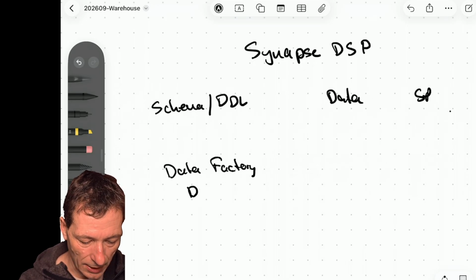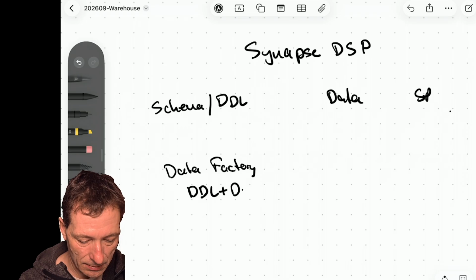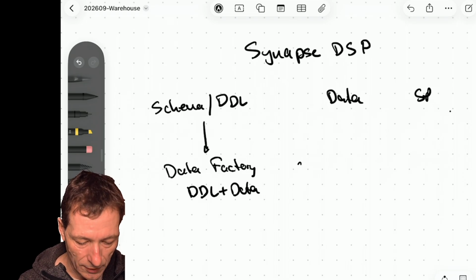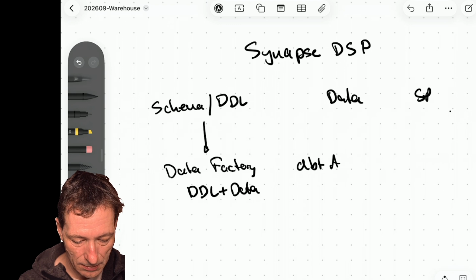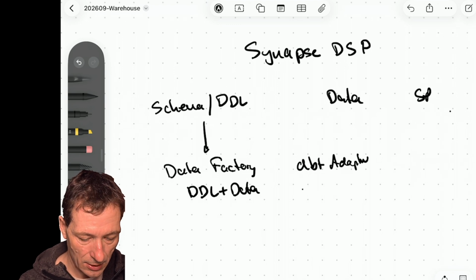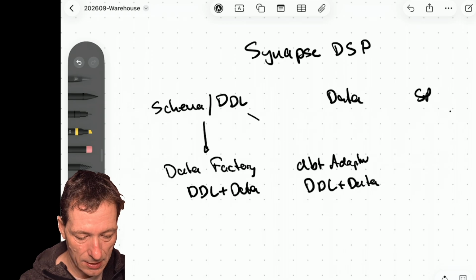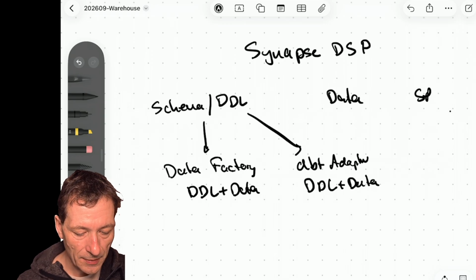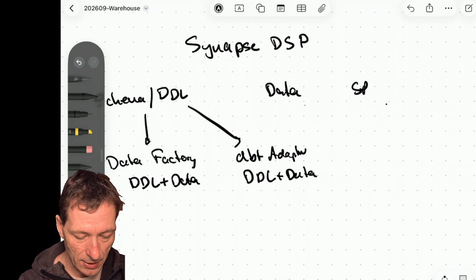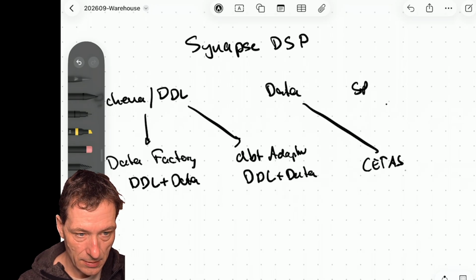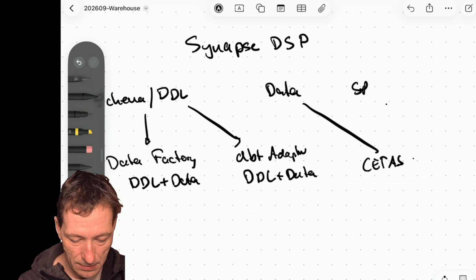You can migrate DDL plus data, or you could go with the DBT adapter. You can then also migrate DDL plus data. Second option, for the data itself, you could go with CTAS to ADLS